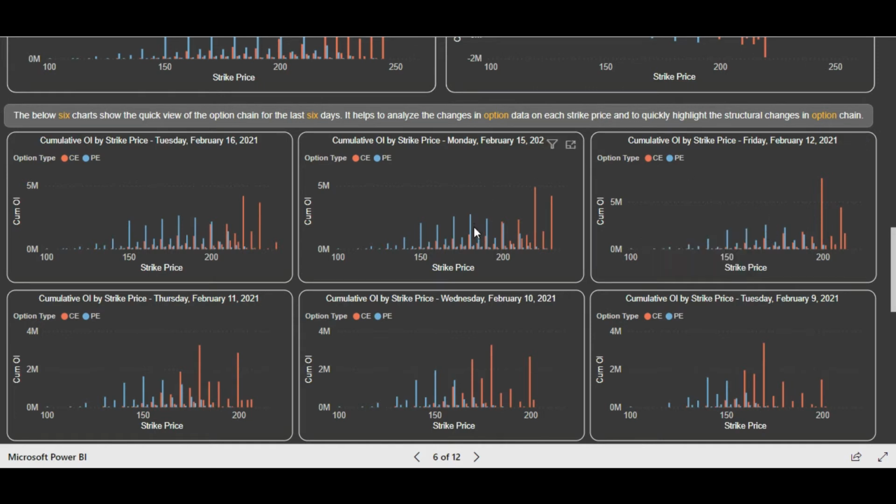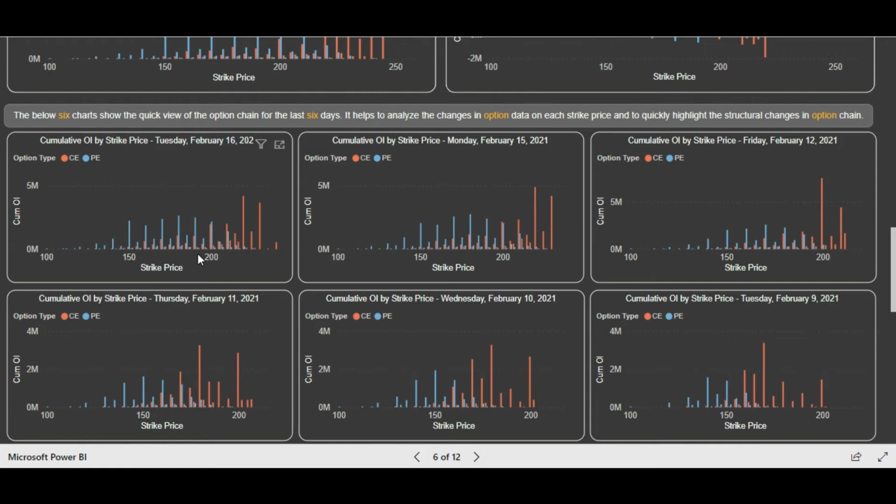And then on the very next day you see the 200 level. In the very beginning, for the past 9 days, the maximum call writing was at 170, and now in just 4 days the maximum put writing is at 180, and the first support is at 190. So this is how the option data was changing every day, right? In one view you get to see how the data is changing, so that you can analyze the data in a holistic way and take your trade decisions accordingly.